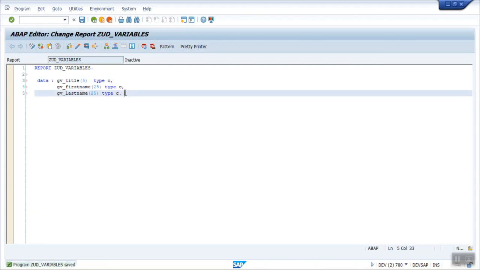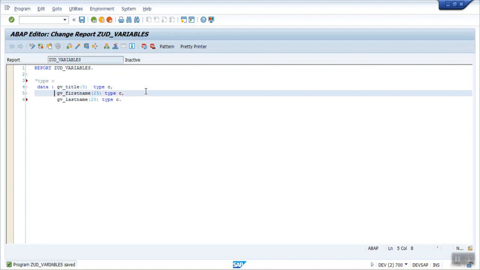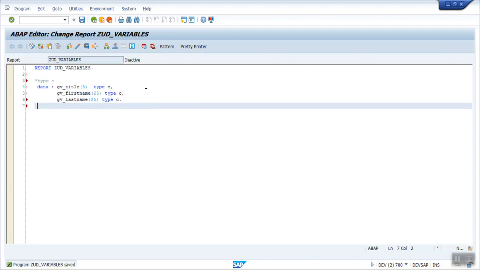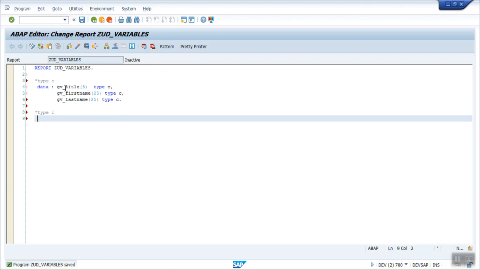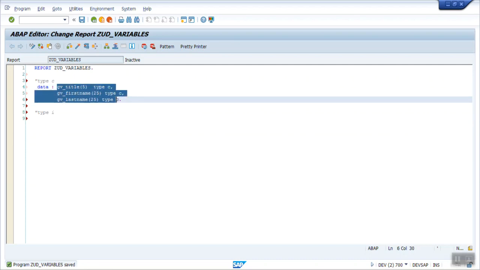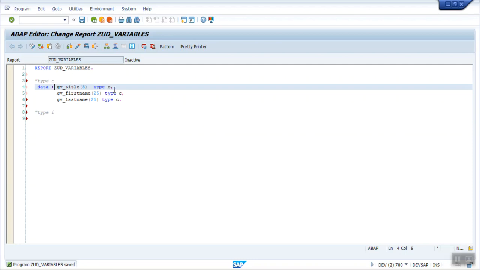We can also use the data element for this. Let's say I want to add more variables of other type I. If I want to add multiple variables under one declaration, we have to use this colon, and for each field we have to use a comma.